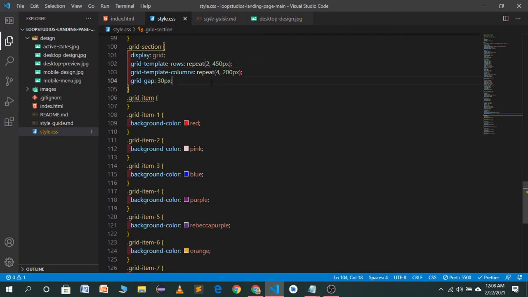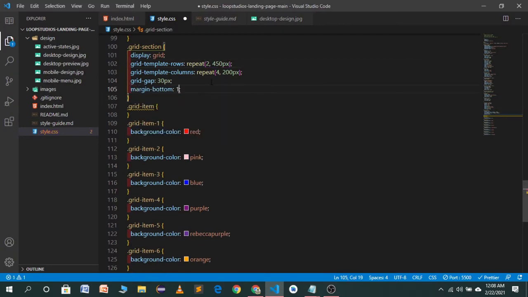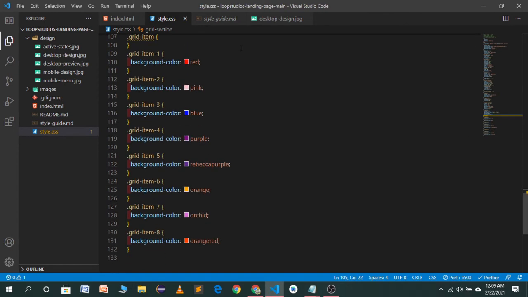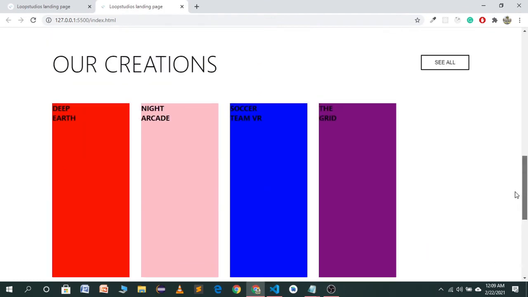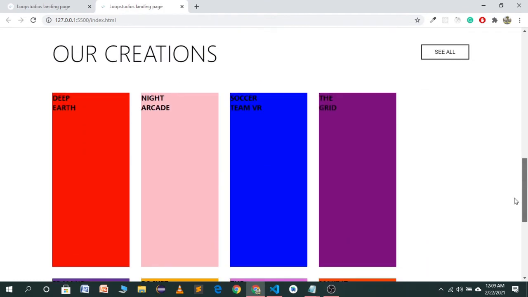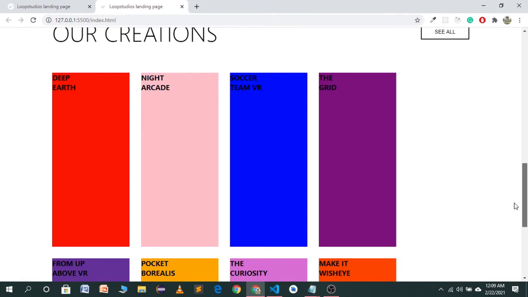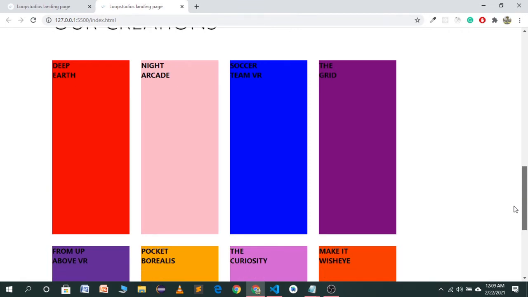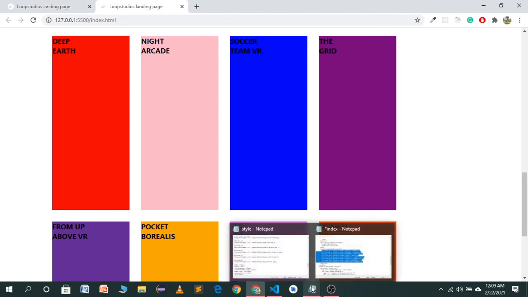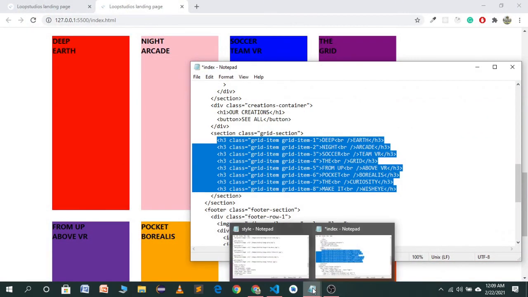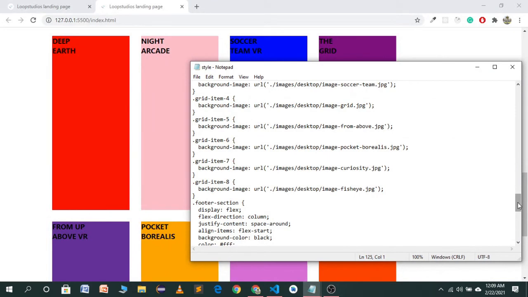We just have to give it a margin. First of all, give it a margin bottom of 15 viewport height. Let's see how it will look right now. Now it's looking good. So first of all, we just want to change the text alignment because we want this text here in the middle. We will use flexbox for this alignment. So the flexbox will be helpful for this alignment.